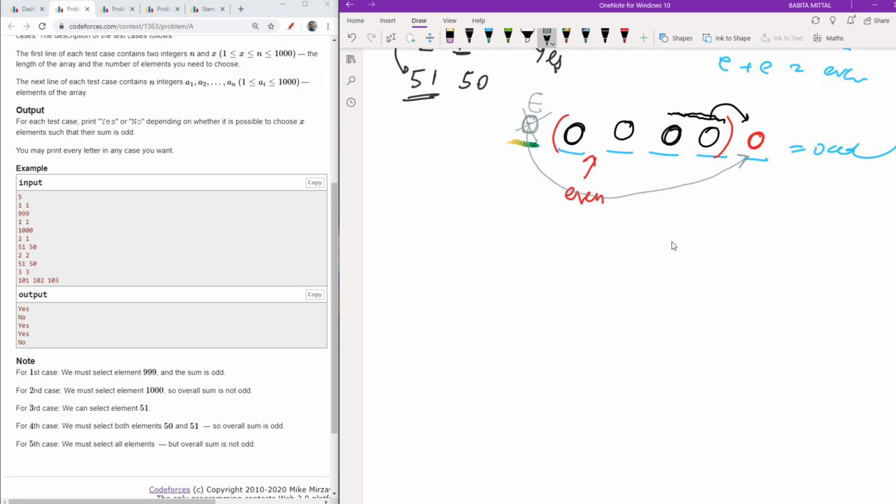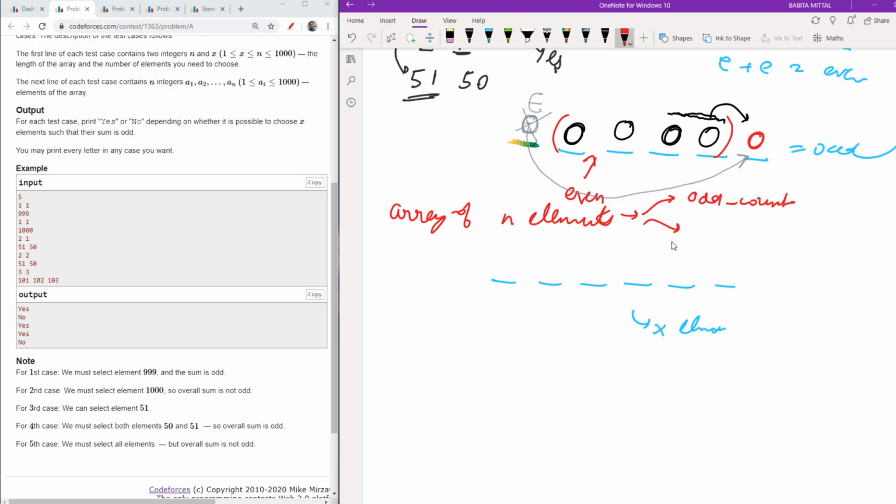What is that? Let me change the color. If I am having these x elements, then first of all I will check, suppose I have my array, as you know I have the array of n elements. From this array of n elements I will check how many numbers are odd, which means odd count, and how many numbers are even, which means even count.